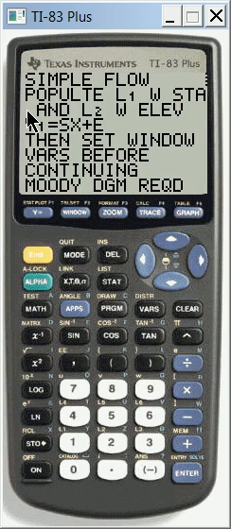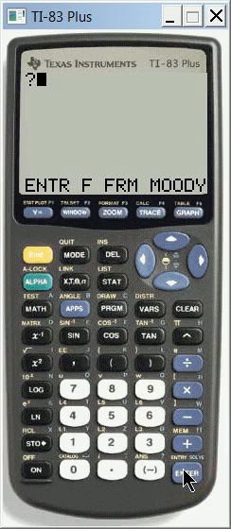And this is actually the y equals Sx plus E, where S is that slope factor, which is equal to the negative of the friction factor divided by the diameter of the pipe times the velocity head, and E is the starting energy or elevation of the energy grade line, usually the free water surface. And then you need to make sure that you set your window variables before continuing, and you need a Moody diagram to do this. So if you go through here, this is going to ask you the friction factor from Moody's diagram,